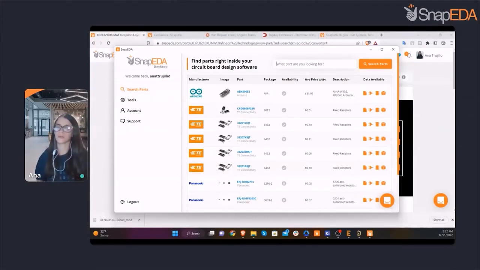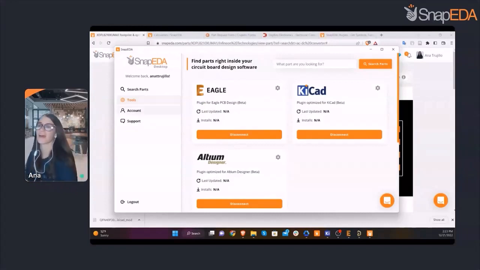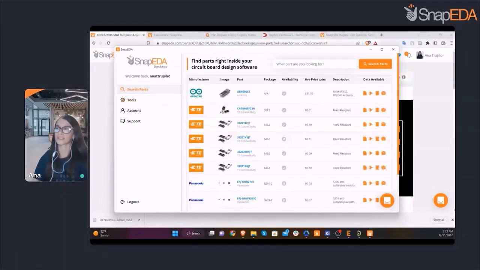Note that this is actually available only for Windows, although we are working on adding it for Mac and Linux in the future. The way it works is that you can search parts directly within the tool, and you can connect it to either Eagle, KiCad, or Altium. Right now, we only have it for these three, although rest assured that more are coming in the future.